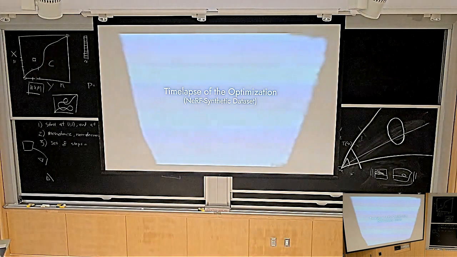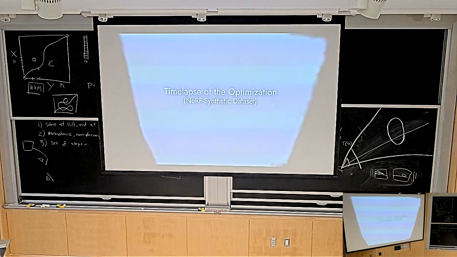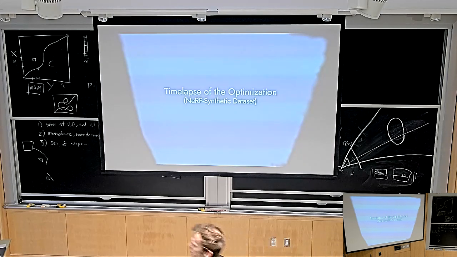Okay, so here's what this optimization looks like. This is a scene where they didn't initialize the Gaussians with the structure from motion initialization. Turns out that that's not necessary. It just makes it a lot faster and it helps. But here they just initialized them randomly. At initialization, they initialized all of the Gaussians to be gray, and then made them float around in this unit cube around the object. And then here's what the time lapse looked like.